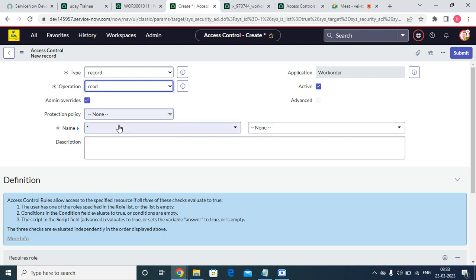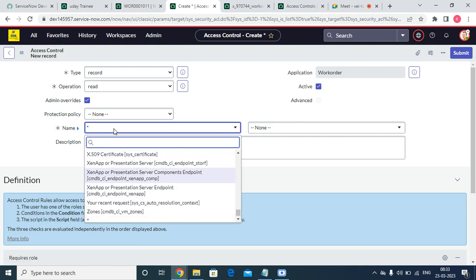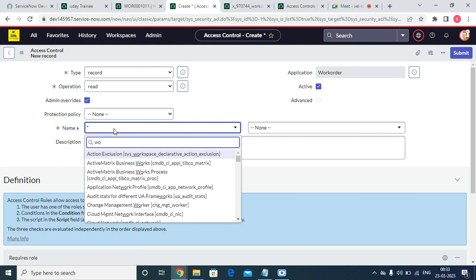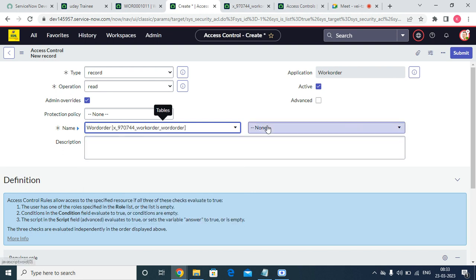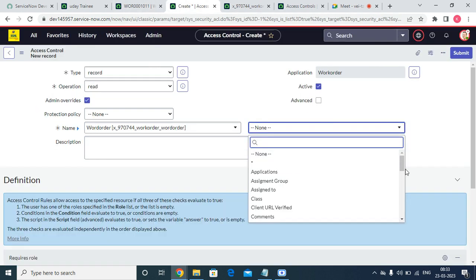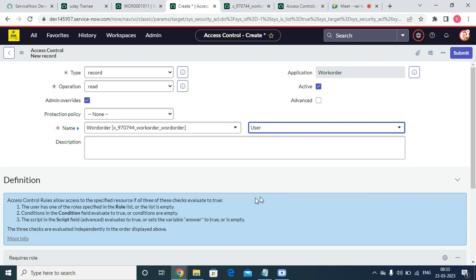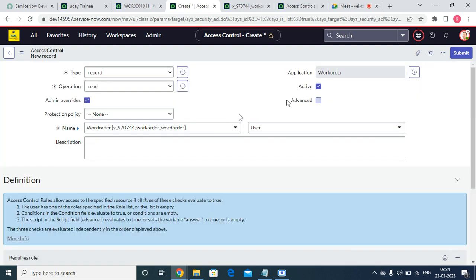So I'm just going to create a read ACL on the table. What is the table? Work order. And what is the field name? What field have we given? For example, I'm just giving the user. Here, for the user, I'm granting the ITIL role. So that means if I add this one,